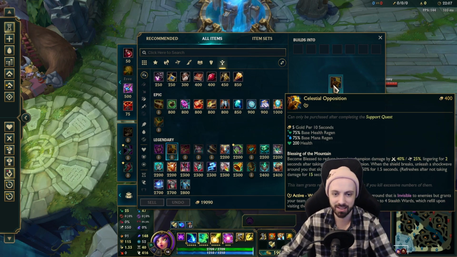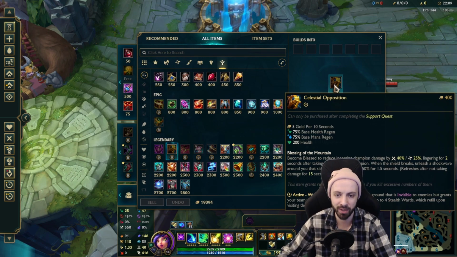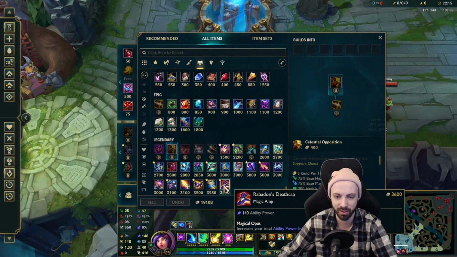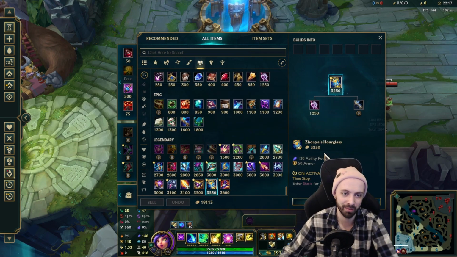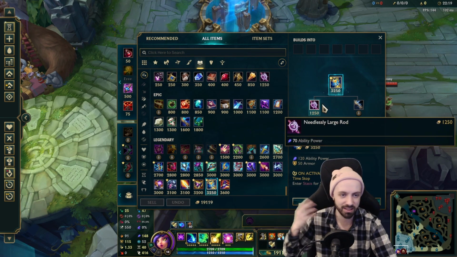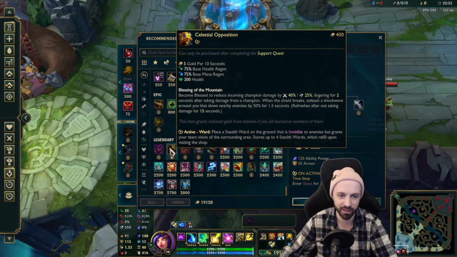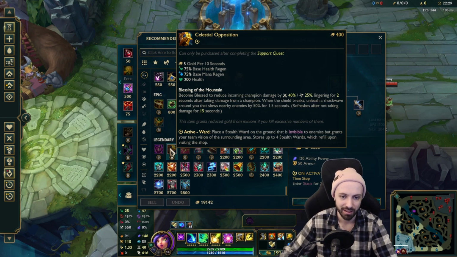So again, this is why I'm okay with Zhonya's. The big downside of this new season is that Zhonya's is just not accessible at all for support Neeko unless you're in low elo, which most of you probably are. But for me in the elo I'm in, it's just not accessible. But I think this thing will make it more accessible. And again, even if it makes my passive useless, I might still just run it because it's so broken. So yeah,